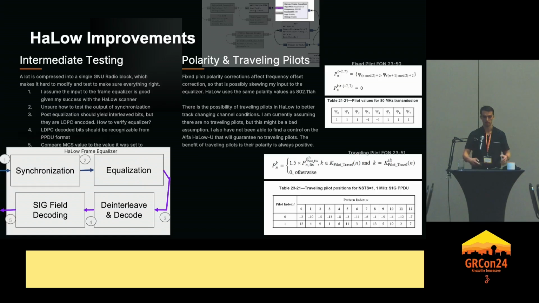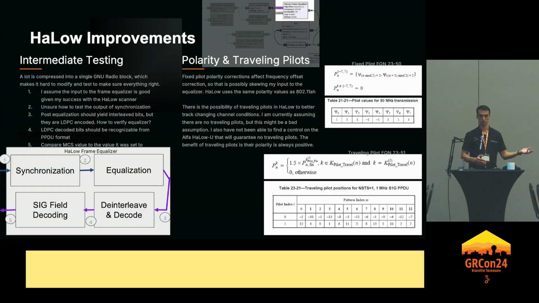So here's where I think I could really do better. I was trying to rush to get a solution, but I'm reminded that being more deliberate is the correct and most thorough approach. So I think by implementing more intermediate tests in that frame equalizer block, I could try and isolate where my problem is.